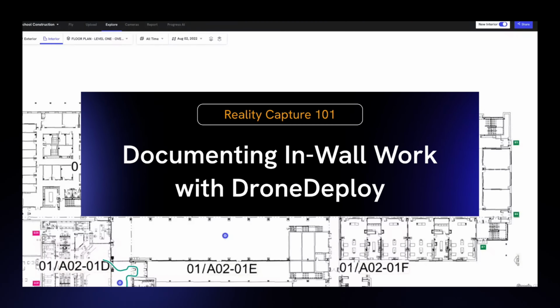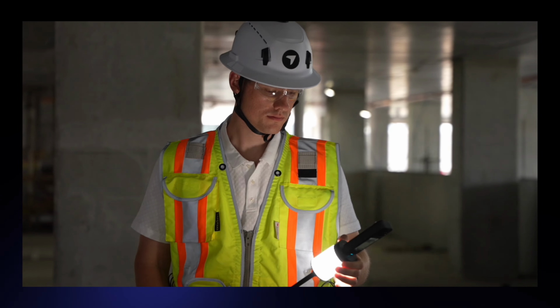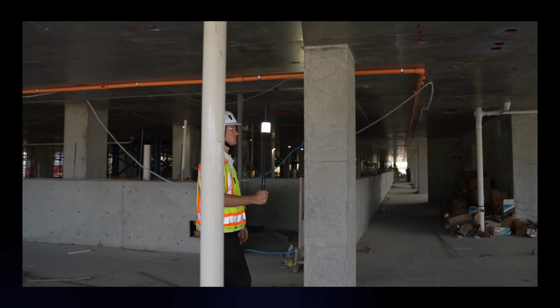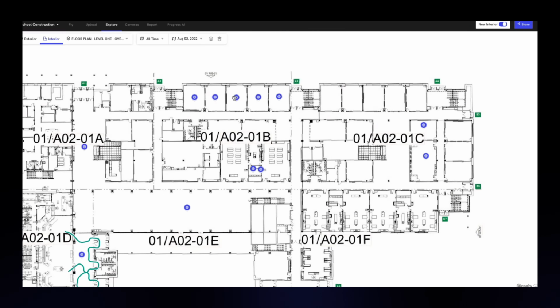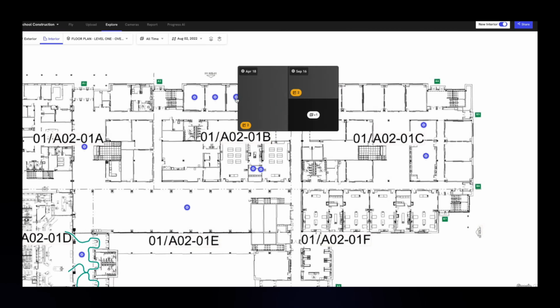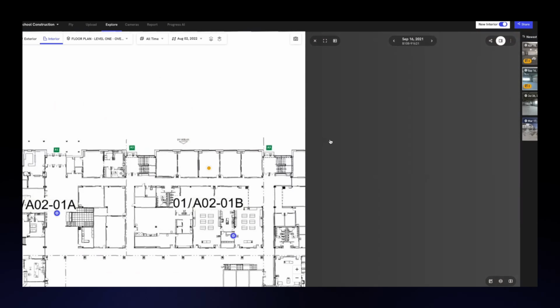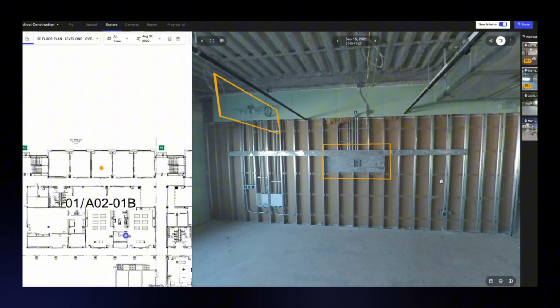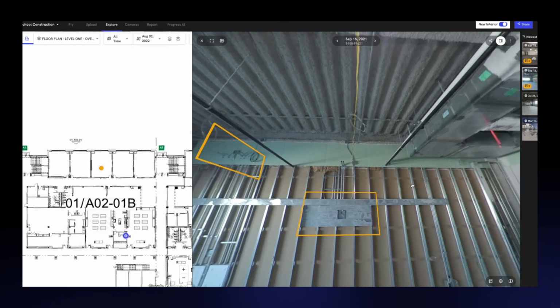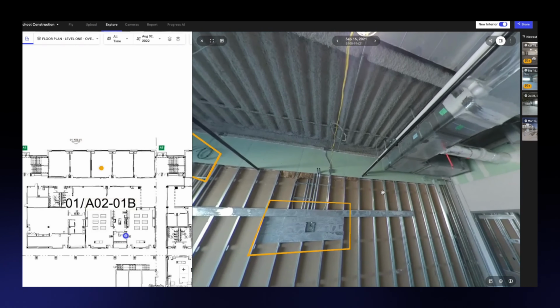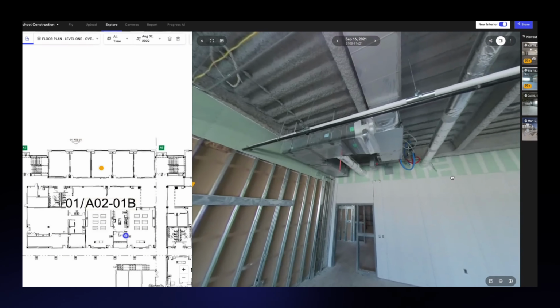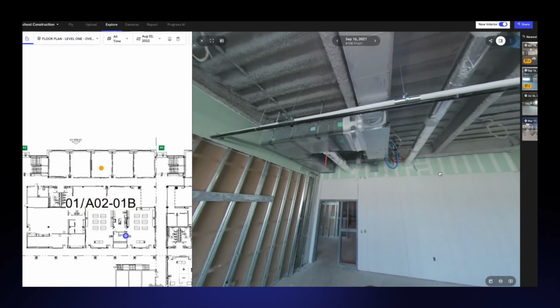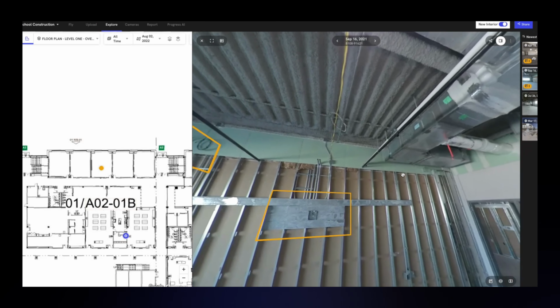One common and valuable use case for DroneDeploy interior 360 capture is the documentation of in-wall. So on the interior, as the teams are working inside and framing is starting to go in, documenting where things are being placed in-wall ahead of drywall being placed on top of them or ahead of the drop ceiling going in is making sure that we get photos of those areas in the project so that later, if we need